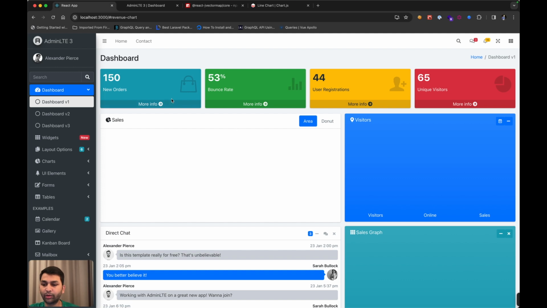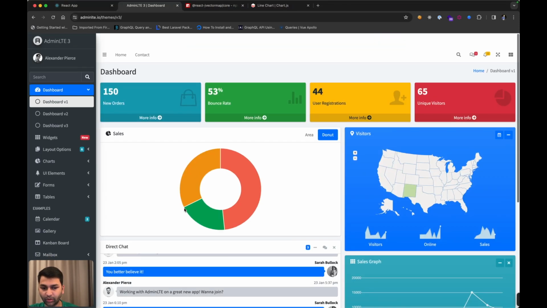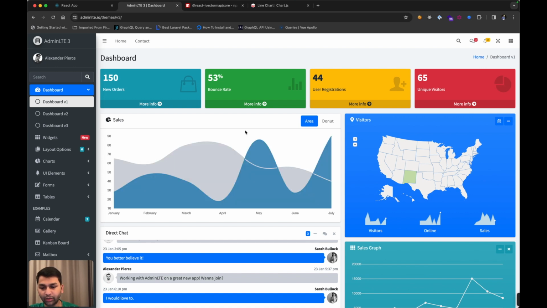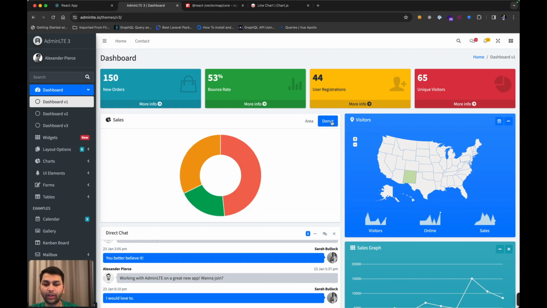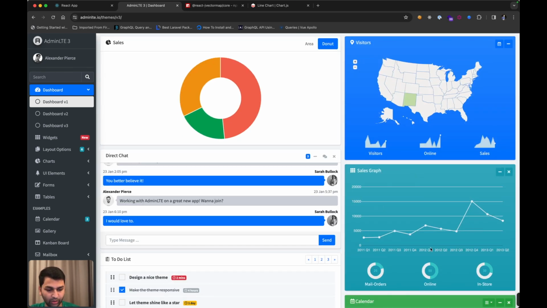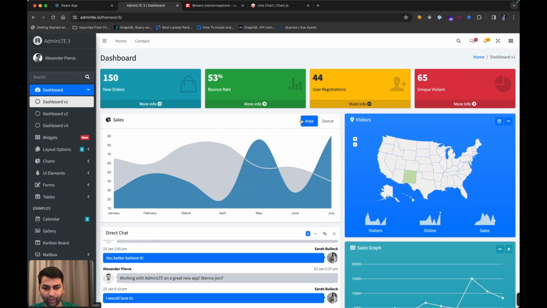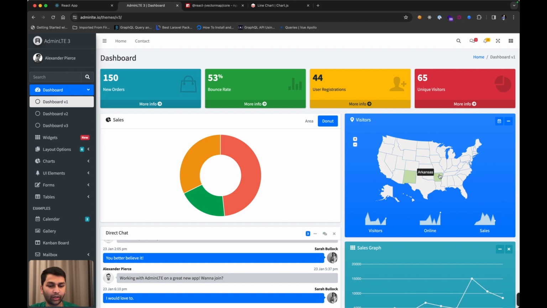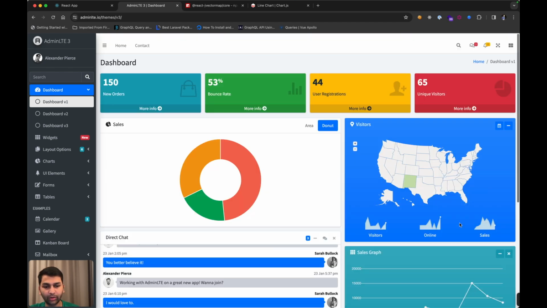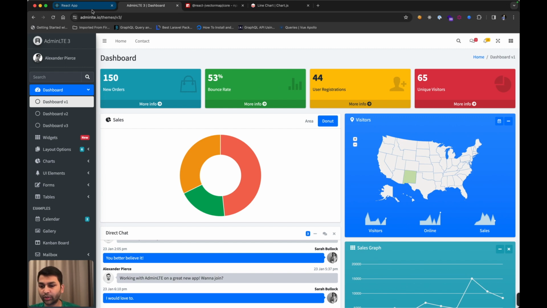We have a dashboard here which shows some cards, and some cards are empty, they don't render anything at all. But if we look into the AdminLTE template, we have a line chart over here, a donut over here, and then we have a map, and again a line chart and a calendar. So we will try to cover the charts today, line chart, donut, and this map. So let's get started. For the charting library, we will be using React